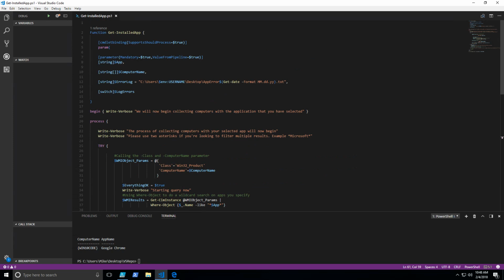don't know what commandlet binding is, look it up. It pretty much specifies that your script is an advanced function at this point. So we're going to do a comma here, and we're going to do ConfirmImpact equals High, right? This is saying that in your commandlet binding, you want your parameters to come out as high